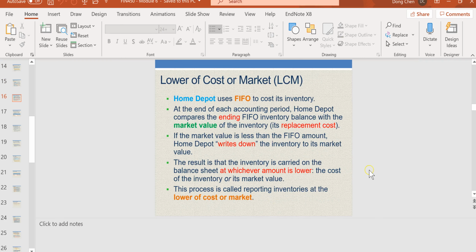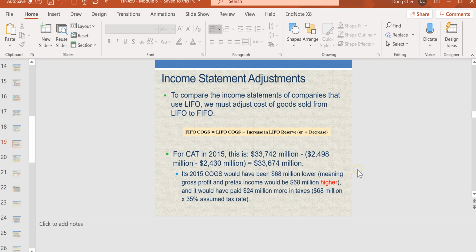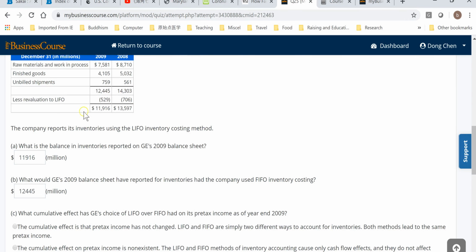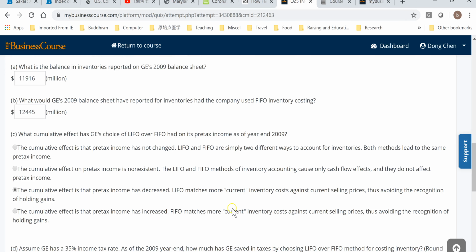That formula comes from another slide. FIFO cost of goods sold equals LIFO cost of goods sold minus the increase in LIFO reserve. So once we figure out the increase in LIFO reserve, we just subtract that increase from the